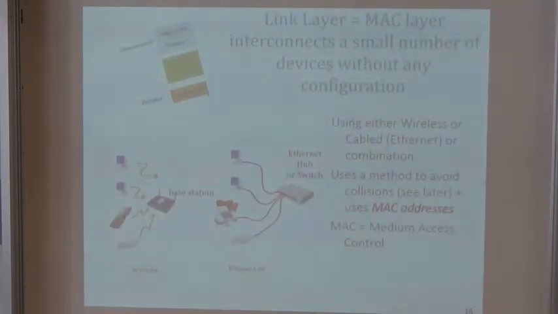So that is the network layer. The network layer is about organizing routers such that they can read addresses, IP addresses, and send the packets to the correct destination. There is something more mysterious, which is called the MAC layer. The MAC layer is sometimes called the link layer, and it is also a network, but it's not called the network layer, and it's used to interconnect a small number of devices. Now, why do we need a special thing to interconnect a small number and another one to connect a large number? The reason is purely historical.